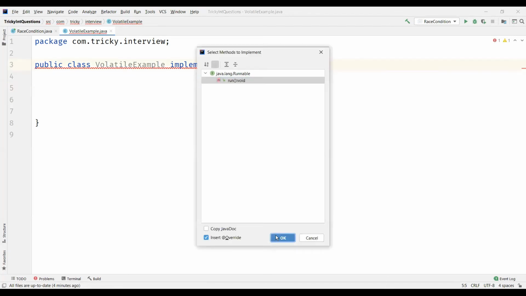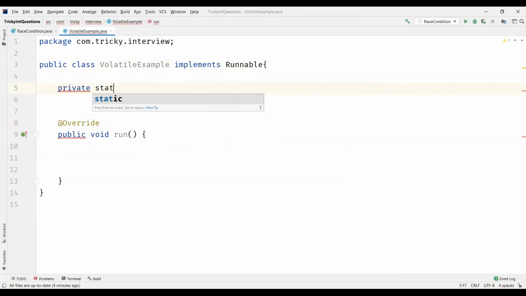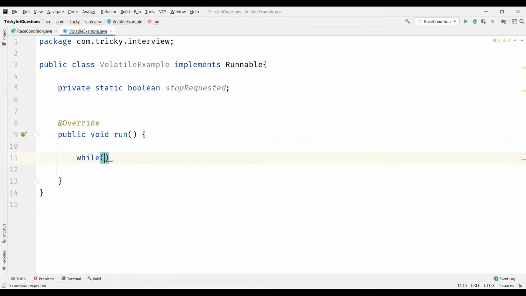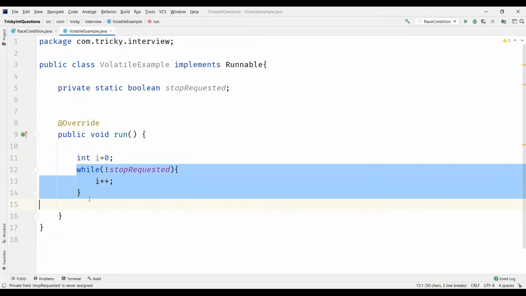Let's implement the run method here, and let's create a boolean variable. I'll have this as static, and we'll name it as test stop requested, and we are going to have a while loop here where it is going to run till stop requested is true. And let's have a local variable i, where we'll assign it the value 0, right? So it should start with 0 and go on incrementing by 1 continuously, so infinite times until stop requested is true. The default value of boolean is false, so it enters into the loop and it always increments